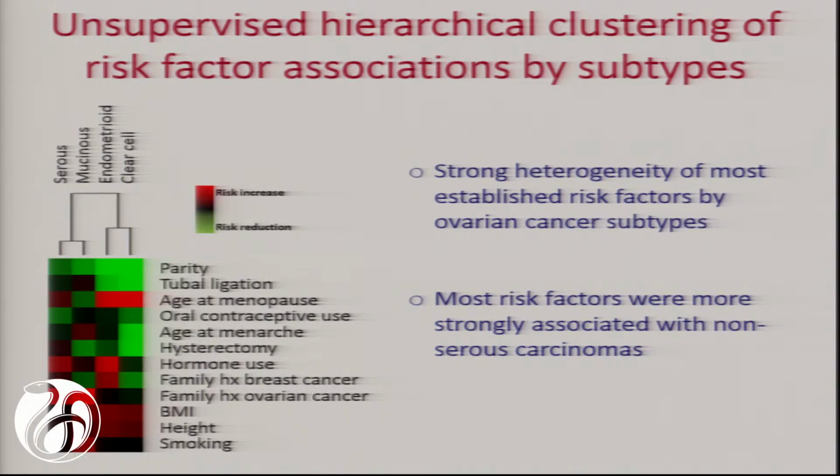And one of the most striking results, I think, is that almost all risk factors are weakest for the serous cancers, for the most clinically important cancers that we would really like to find ways to detect better and to predict better. And so I think this is a unique kind of summary view of all the established risk factors that makes use of the strength of this consortium. So moving forward, we want to use the consortium to evaluate risk prediction